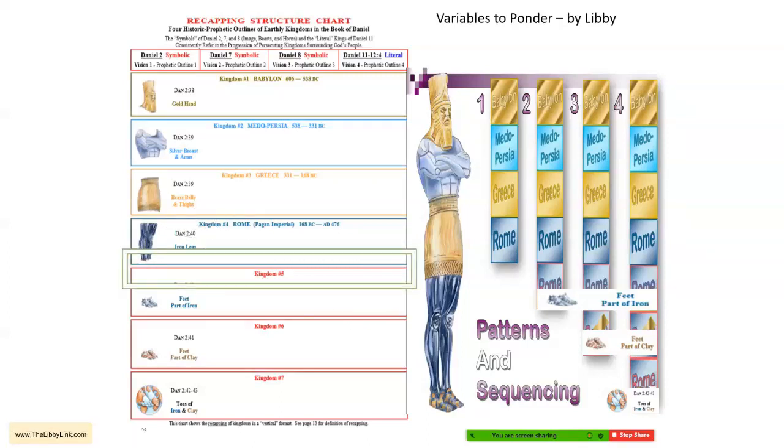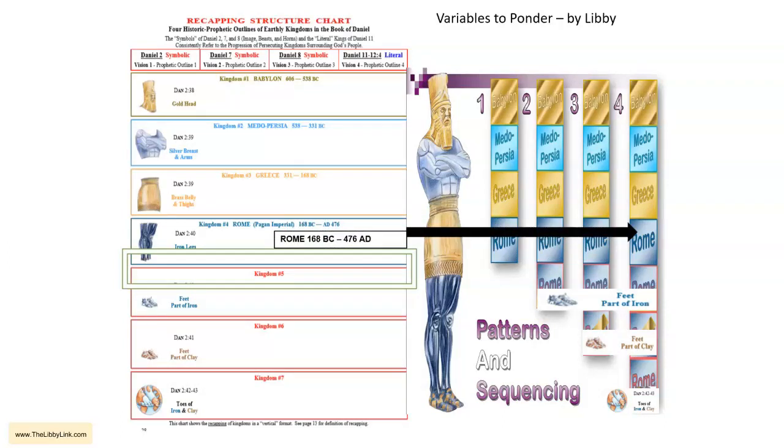But look how beautiful this section is here. We don't want to miss this, because there's so much stuff going on right here. So we know Rome, 168 BC to 476 AD. There's a lot of stuff going on during that time. We have the Maccabean Revolt, 167 to 160 BC. We have the Bar Kokhba Revolt, 132 to 136 BC. And praise Yah, we have Yahushua HaMashiach ushering in his kingdom, and he is our high priest after the order